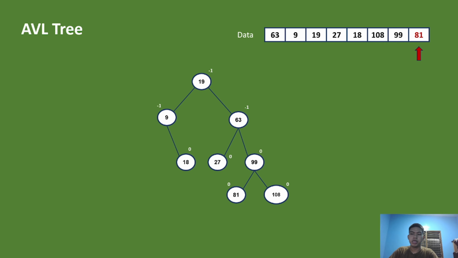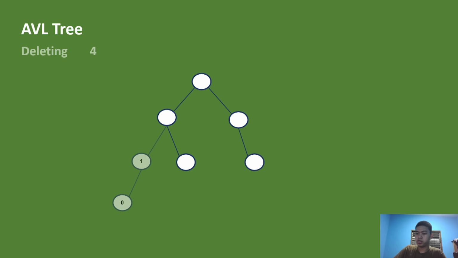So this is how you insert data on an AVL tree. Let's talk about deletion real quick. It should be very simple. It's just like deleting for the binary tree and then just balancing it again, and balancing is just rotating. So let's do that. If we're going to delete 4, we're going to take the rightmost value of the left subtree. It's going to be 3.